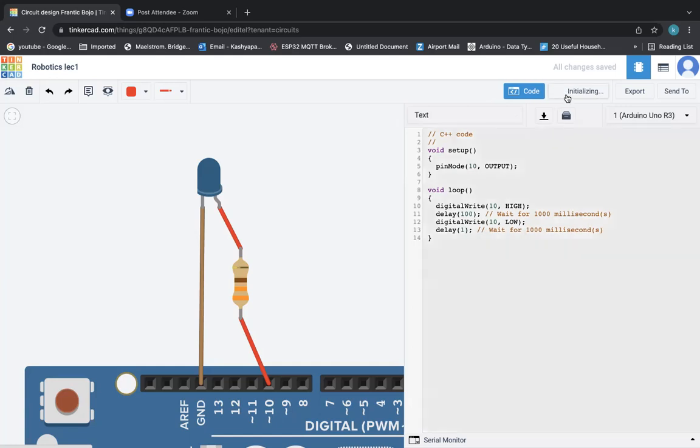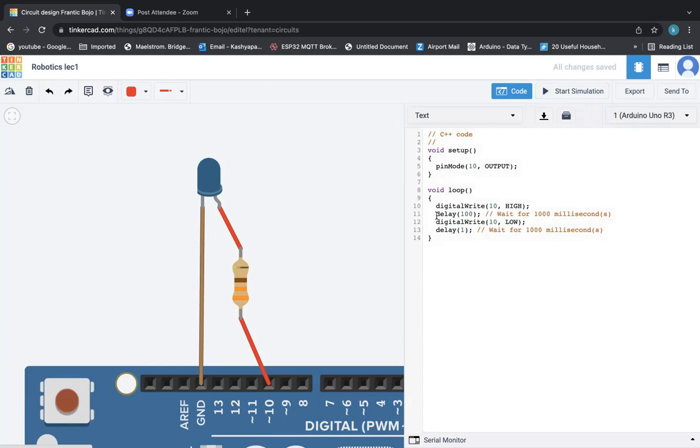And then let's see. So you can see it is already lit. This actually blinks, but it blinks at a much faster rate, so your eyes can't see that. It lights up for 100 milliseconds and it switches off for 1 millisecond. So 1 millisecond is a very tiny time interval, so therefore your eyes won't see. So that is one way of keeping this lighted up.